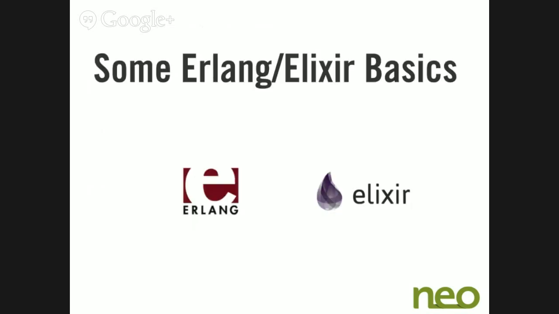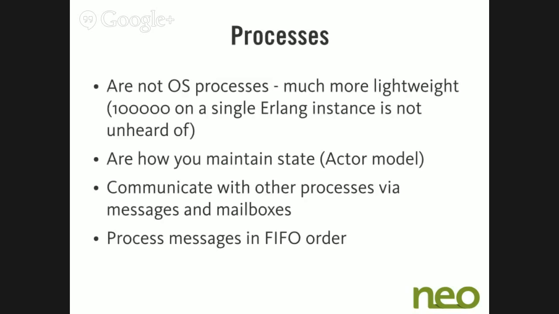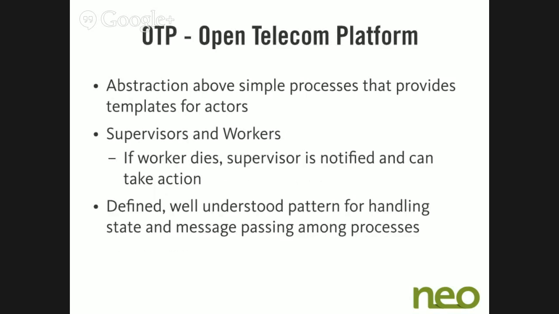This is the Elixir group, so I'm not going to spend a lot of time on this. I hope by now you all know what processes in Erlang are and that they're not processes in your OS. I will, however, spend a little bit of time on OTP, which I think even a lot of people who have worked in Elixir probably haven't had an opportunity to try and build a system leveraging. The Open Telecom Platform, which is applicable to many, many things beyond telecom, but that's the unfortunate name that it has, is an abstraction above these more simple, or handwritten, at least, actor models